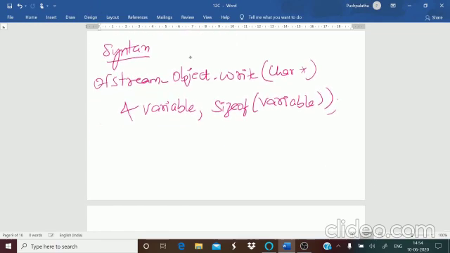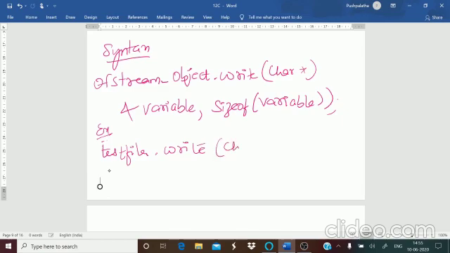Now if you want an example for this: testfile.write((char*)&s, sizeof(s)).